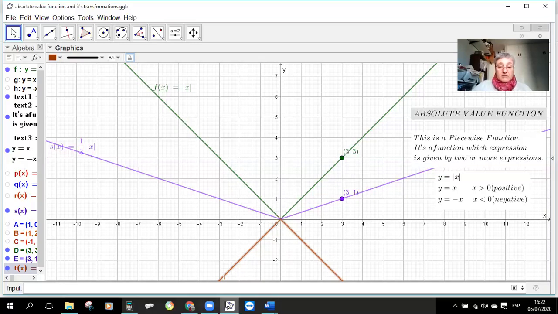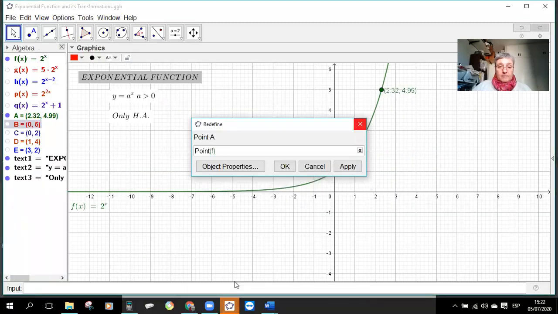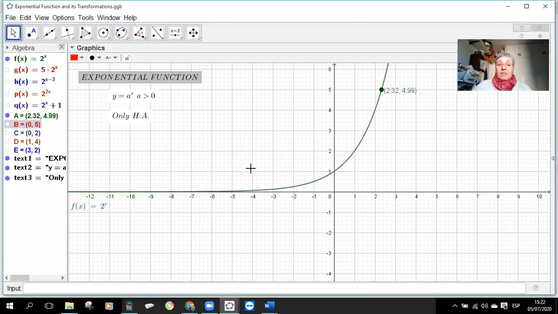Let's pass then to the following function. This is an exponential function. Examples of exponential functions are functions where the variable, instead of being in the base of a power, like in any polynomial function such as the quadratic function, where you have x raised to a power and that power is a fixed number,